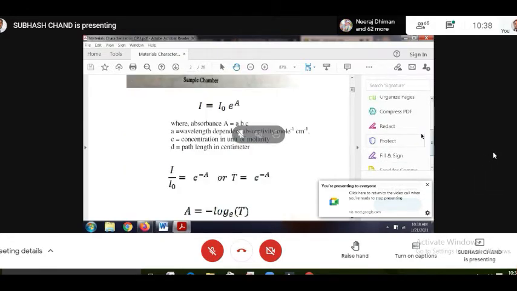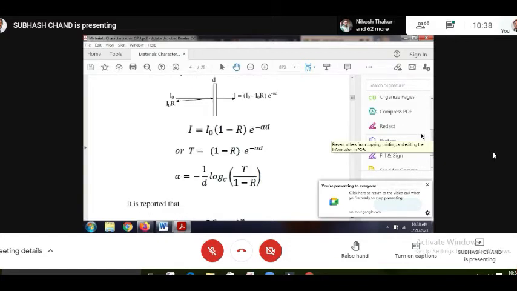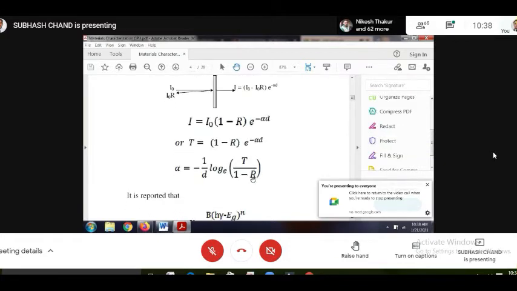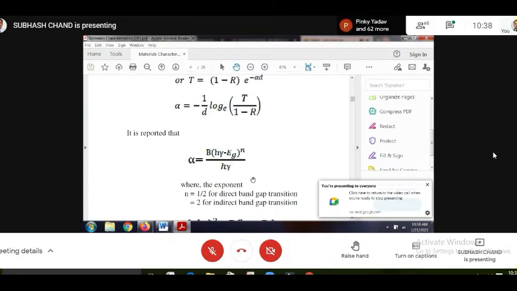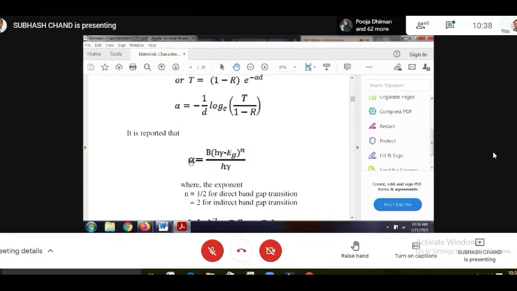So this way we can write like this, and now it is known in the literature, in the books it is mentioned कि ये जो आपका अल्फा है, अल्फा एब्जॉर्प्शन कोएफिशिएंट, इट इज फंक्शन ऑफ वेवलेंथ एनर्जी एच न्यू. ये एच न्यू है, ये एक्चुअली न्यू सिंबल अवेलेबल नहीं था तो मैंने गामा इंसर्ट कर दिया, बट बेसिकली इट इज ए न्यू. ओके, सो अल्फा डिपेंड्स ऑन एच न्यू एनर्जी लाइक दिस. ओके, सो हियर रिलेशन इज अवेलेबल, एंड दिस रिलेशन में alpha depends on h nu like this. It is for a semiconductor.